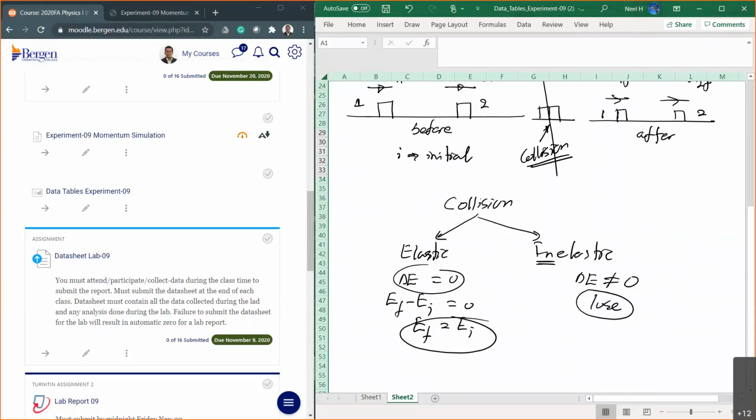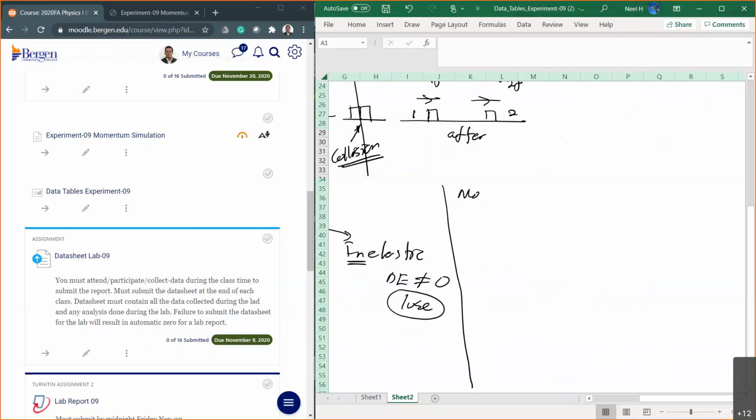Like if there's a collision, you will hear some sound, which means sound is a type of energy. And if there's a collision, maybe there's a fire, so thermal energy can be produced. So that means the mechanical energy can be converted during the collision. Okay? However, if I investigate the momentum of the system before and after the collision, that will tell you a